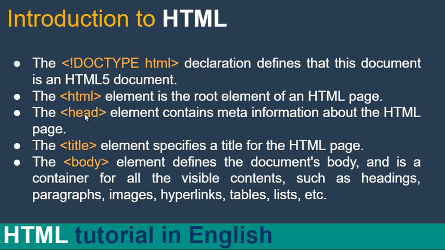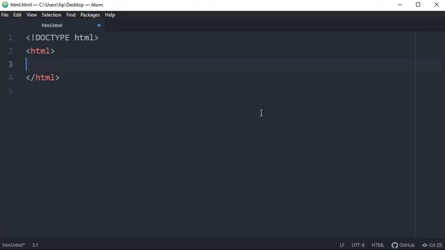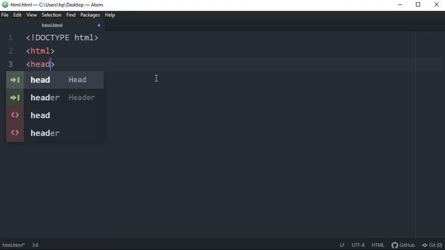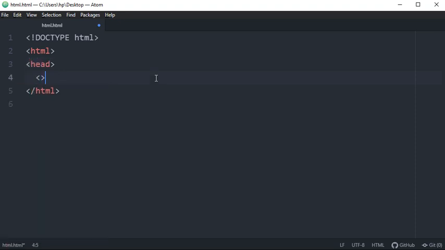Then the next part, the head element, contains meta information about the HTML page. So what is meta information? First of all, we are going to define head.